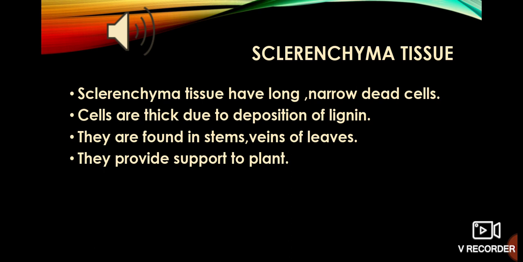These tissues, being hard, are mostly present in the bark of the wood, or can be present in the epidermis region of the stem, that means the bark, the wood region of the trunk of the tree. As it is hard, it will be present in that region, or it can also be present in the veins of the leaf. Leaves have lining there, isn't it? So in those lining it can be present to provide protection.